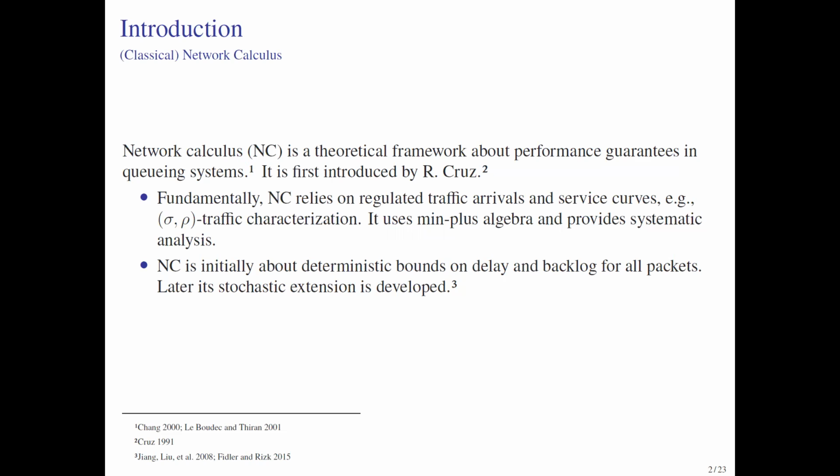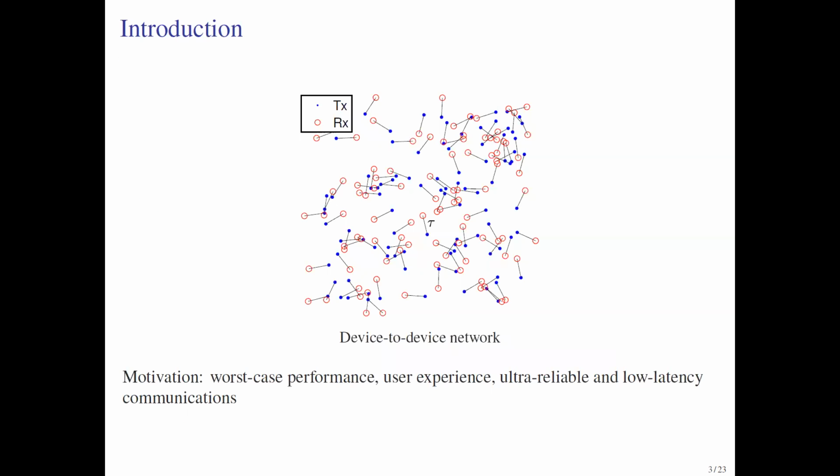I will skip this very gentle introduction on network calculus, given that our memories are probably still fresh. And the problem that we're interested in is really in the spatial domain. So I start with the motivation of the problem. Given a very large wireless network, arbitrarily large, potentially infinite, what is the performance guarantee that we can give on all links? So I illustrate the problem by this figure.